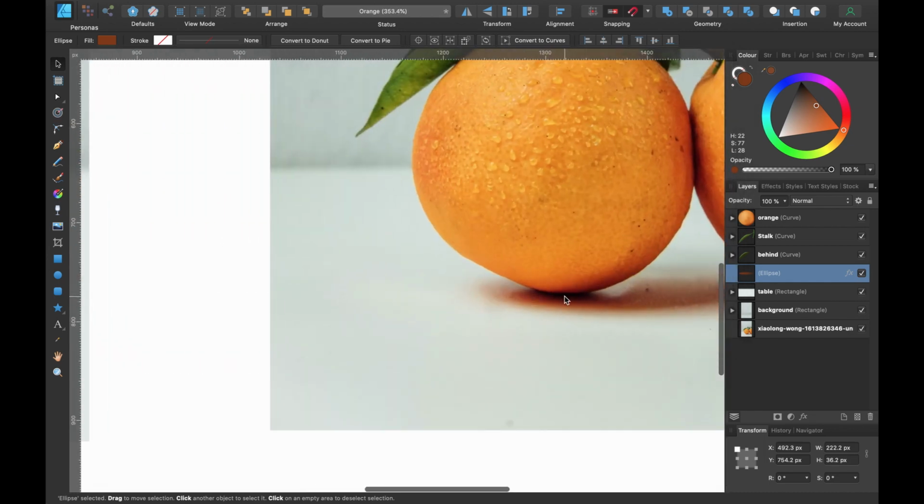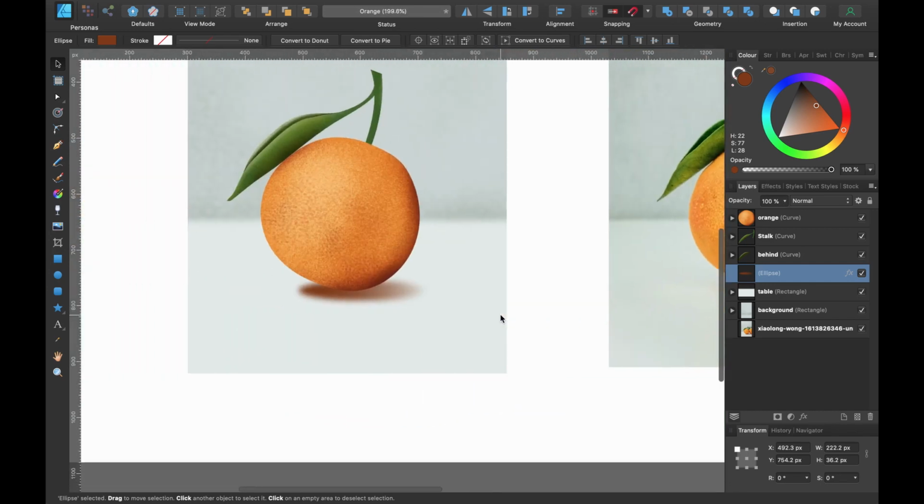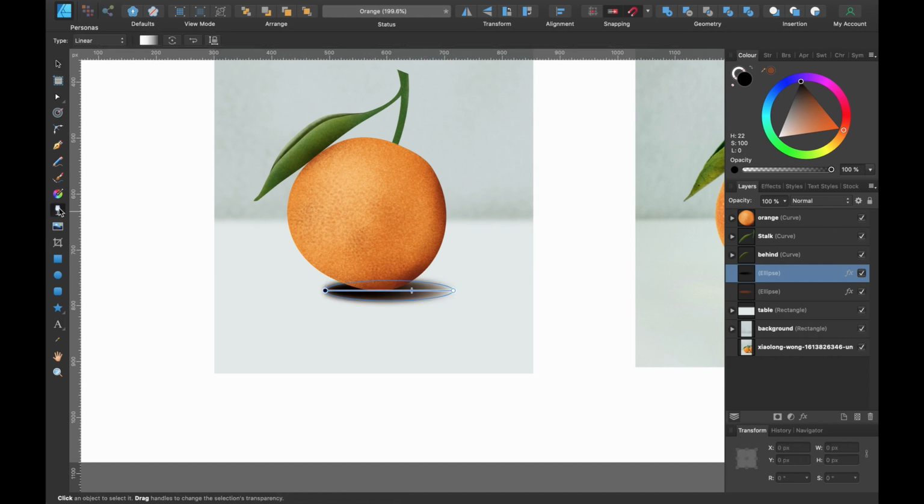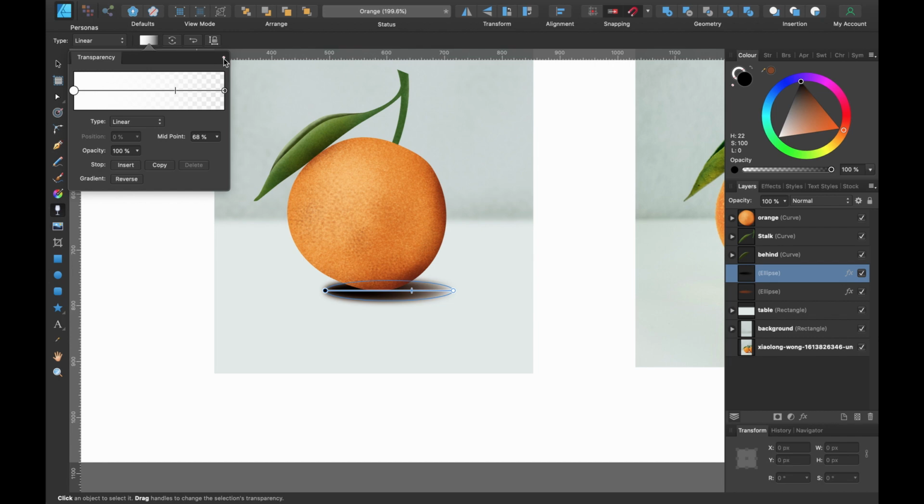Okay, looking a little bit further in, I can see that it's a little bit darker here, and it seems to be kind of in a semicircle shape, so I'm going to create that. I'm just going to duplicate this shape that we've already created, Command J, and I'm going to make this black in the colors. And I'm going to get rid of the transparency. So I've clicked on the transparency, click on the color, and I'll just click on this little icon here, the white circle with the red line through it.